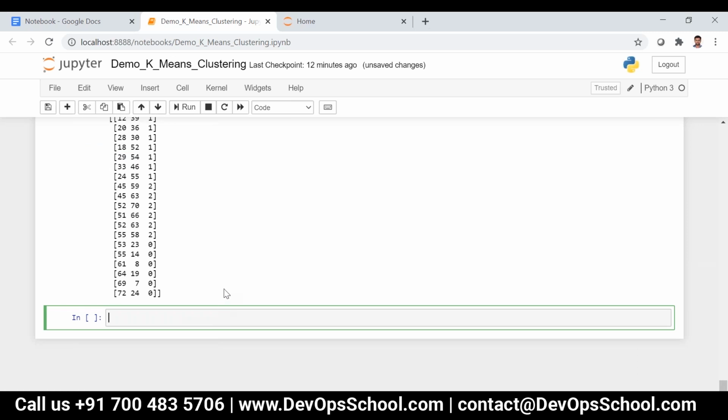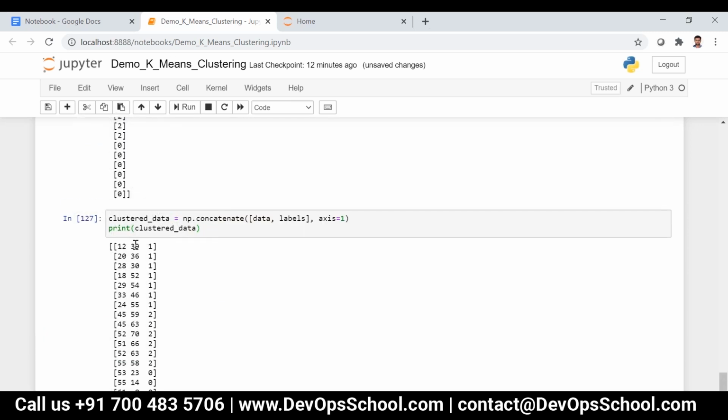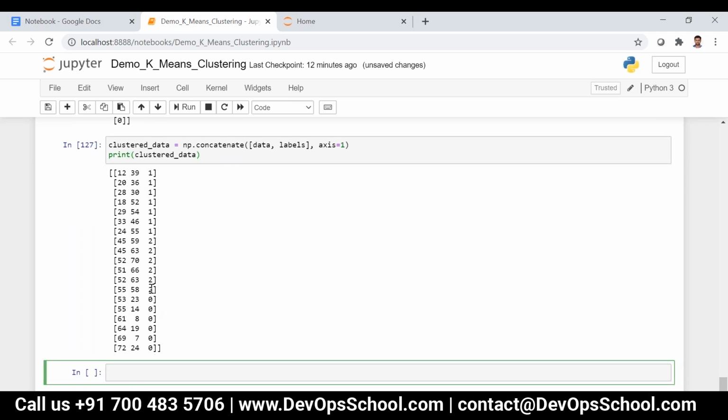You can see 1239 belongs to cluster 1, 2036 belongs to cluster 1, like that. Here also the cluster starts with 0. If k is equal to 3, it will be starting with 0, then 1, then 2. You can see 2830 belongs to cluster 1, and it goes on like this.